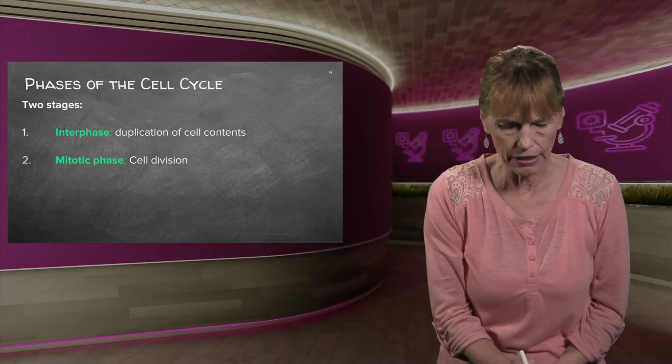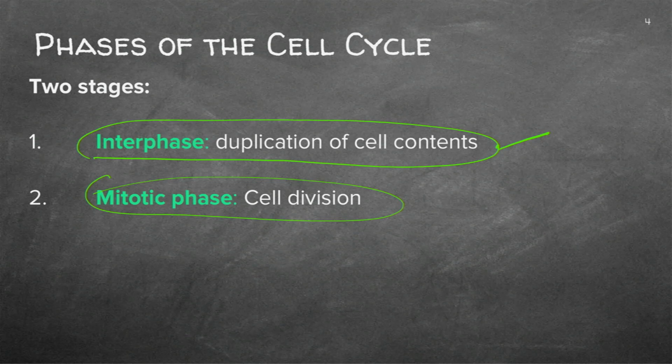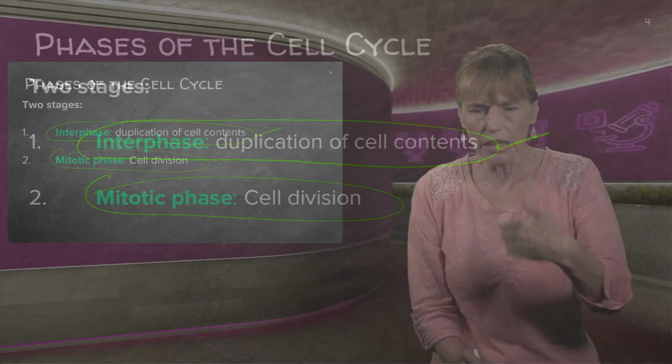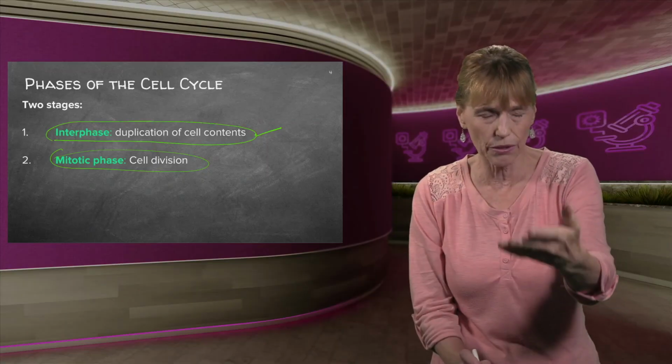Right, interphase. The 2 main phases is the duplication of the contents. And as I said, for most of interphase, you will just be doing the normal cell stuff. The pancreas will make insulin. The liver cell will be cleaning out whatever it has to do. The kidney will be putting through all the blood and reabsorbing water and getting rid of the urea.